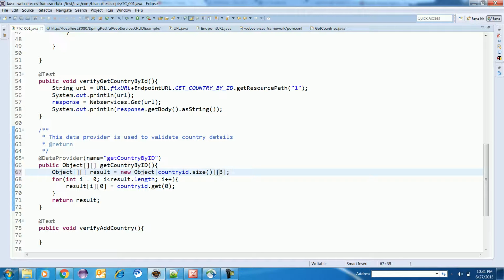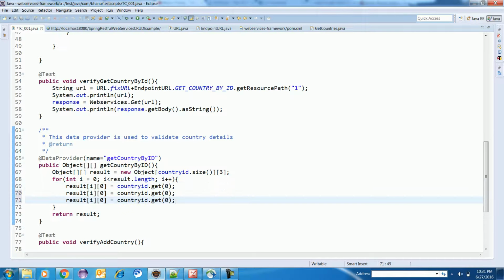So I can verify like this, or I can do one thing: I can create this as a first row with 3 columns, so I can store all 3 data here: first row first column, first row second column, and first row third column.